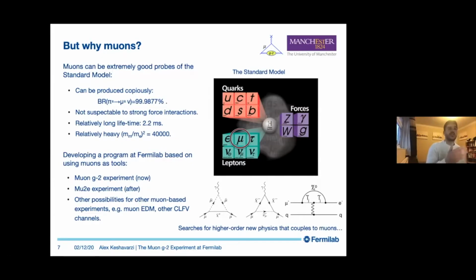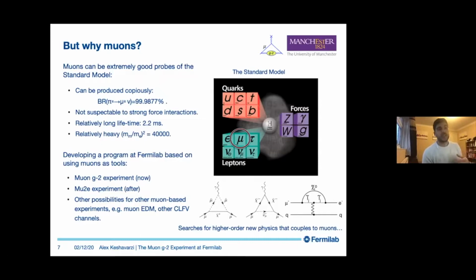And so all of these are good reasons why muons should be used to test new physics. Fermilab built this program such that the Muon g-2 experiment would run now to test the Standard Model. The Mu2e experiment would then run after. But then in between